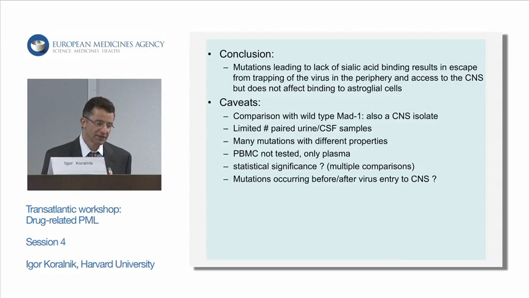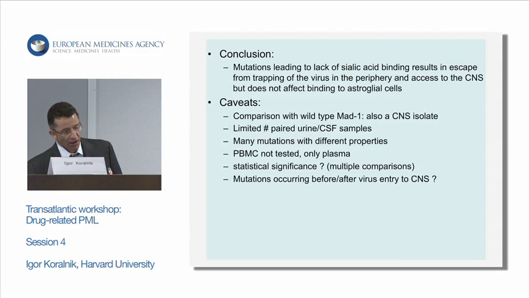So the conclusion of this paper, which I think is interesting, is that the mutation leading to lack of sialic acid binding potentially resulted in escape from trapping of the virus in the periphery, leading to access of the virus to the brain, but that did not affect binding to astroglial cells, which are the preferred target of JC virus. Again, a critical reading of this paper is